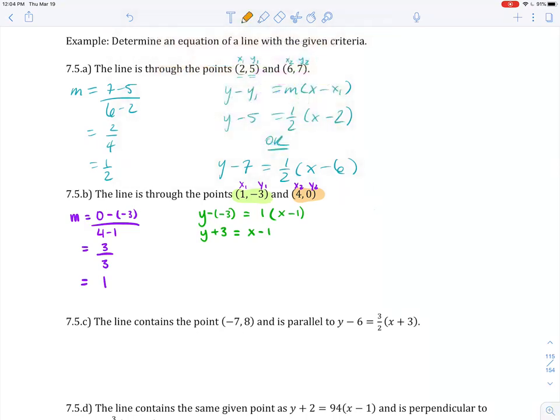Did you feel? The next one, if we were to do the same thing with our other point here, we could go ahead and do that. So here we have y minus our y1, or our y2, I guess in this case, would be 0. And then our slope, which is still 1, and then x minus our x2, which is 4. And again, there are so many reducing possibilities here. We don't need to write that minus 0